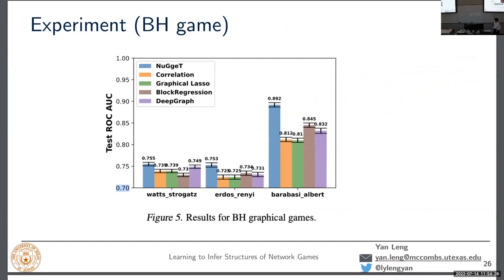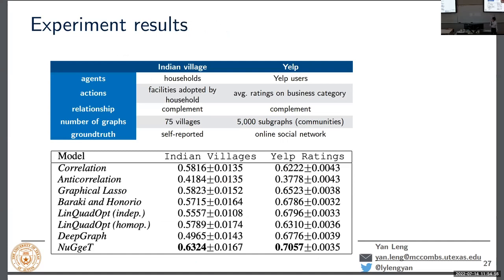This is the result for the Bariak Honorio game. In all of the graphs, from Watts-Strogatz to Barabási-Albert, we see that we perform the best, with DeepGraph being the runner-up for Watts-Strogatz, and with the regional method being the runner-up for Erdős-Rényi and Barabási-Albert. So that's a set of